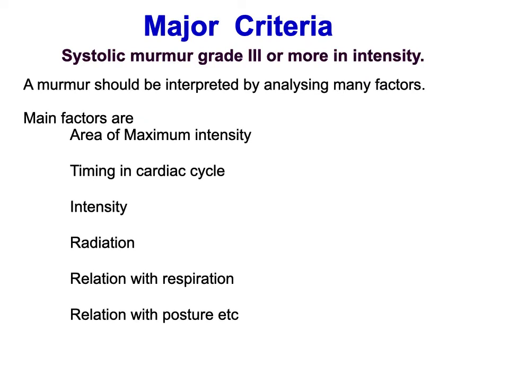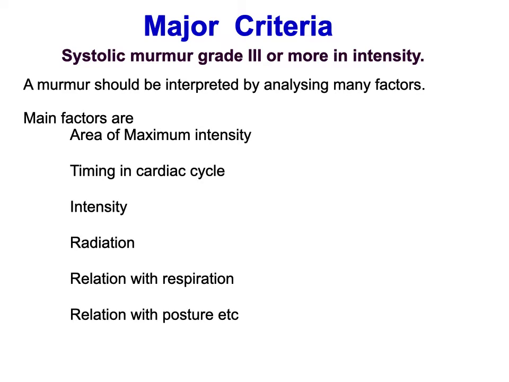Before going to assessment of murmurs, we should know how the murmur is interpreted by analysis of many factors, and that includes intensity. We are talking about grade 3. What do you mean by grade? How is it measured? The main factors used for interpreting or analyzing a murmur are the area of maximum intensity or localization of the murmur. Then timing in the cardiac cycle, whether it is systolic, diastolic or systolo-diastolic, and what is the